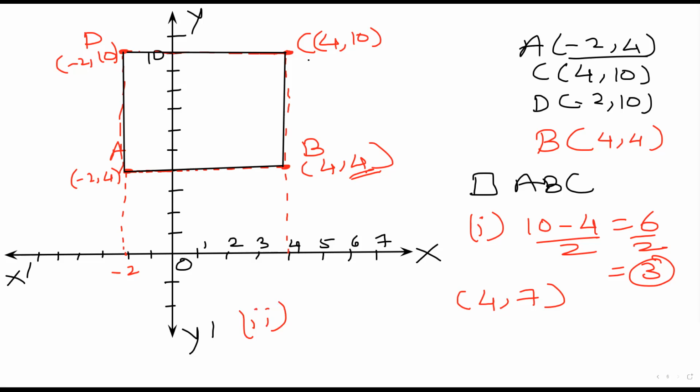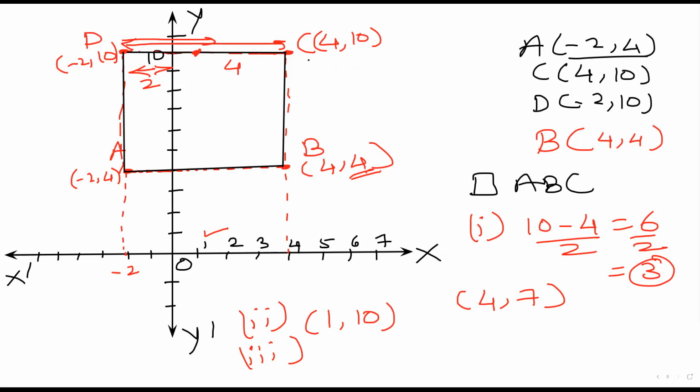Sub question 2, the coordinates of the midpoint of CD. Again, CD, what is the total length here? This is 4 units and this is 2 units. So the total length is 6 units. Half of 6 is 3. Again, same answer, 3. But here you already have 2 units from D, so you just have to count one more unit. 1, 2. Yes, so this is the midpoint. So the y coordinate will be 10, right? So 1, comma 10 is the midpoint of CD.